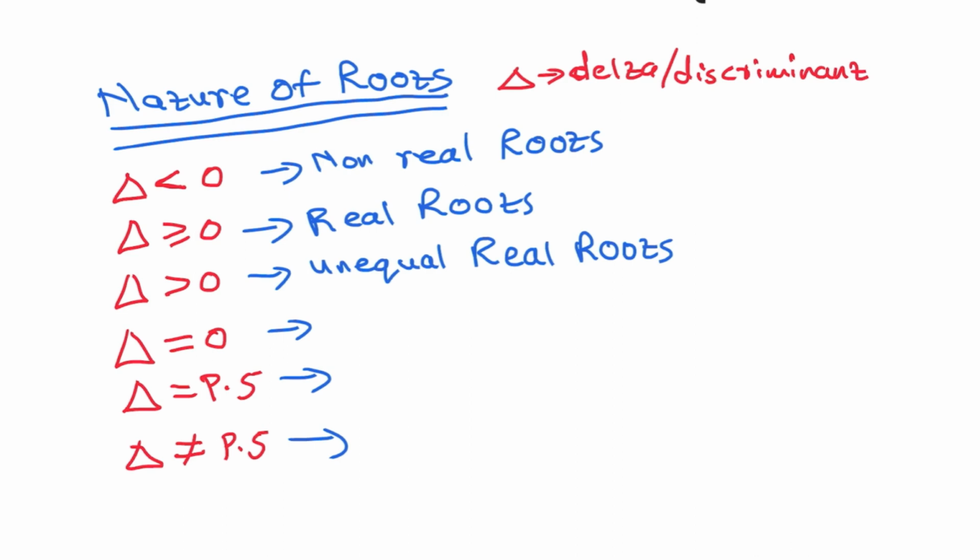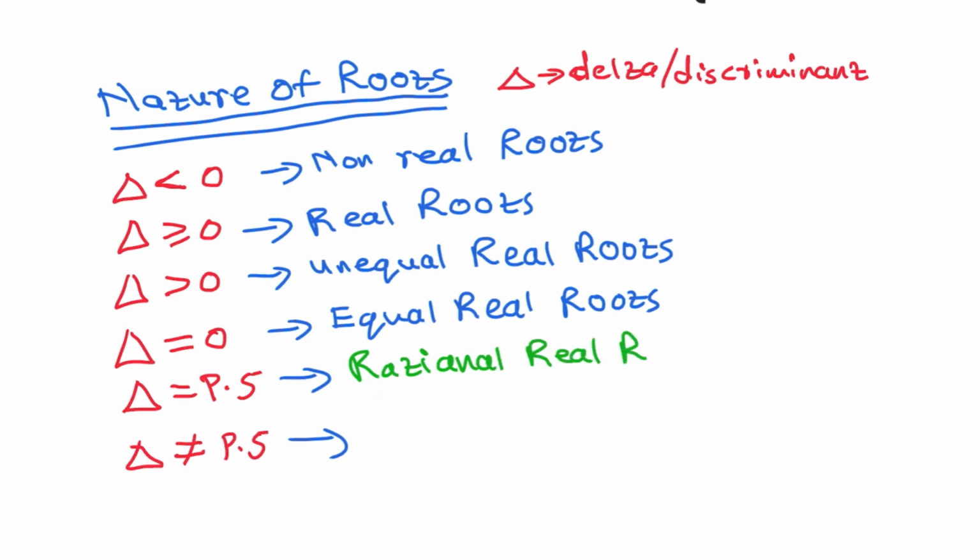But if it is exactly equal to 0, not greater than 0 nor less than 0, then we have equal real roots. Right? And now, when delta is a perfect square or not a perfect square, we're talking about rational real roots. So when it is a perfect square, your roots will be rational real roots. But when delta is not a perfect square, it means you have irrational